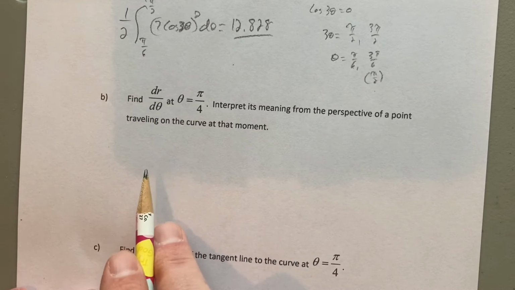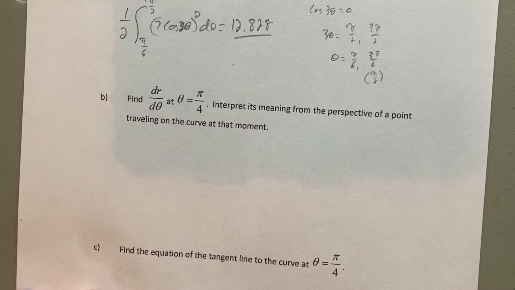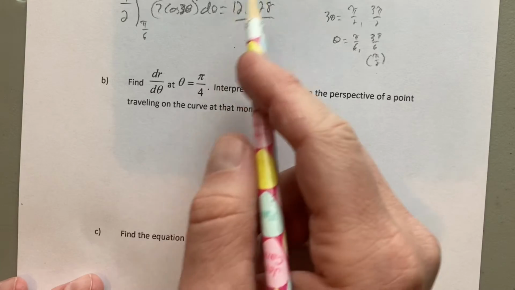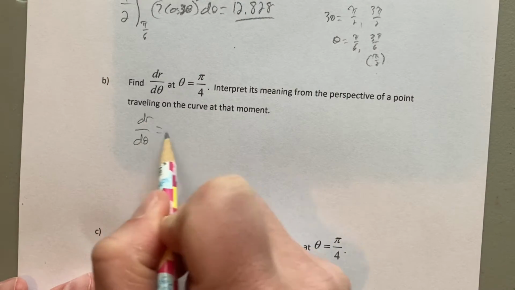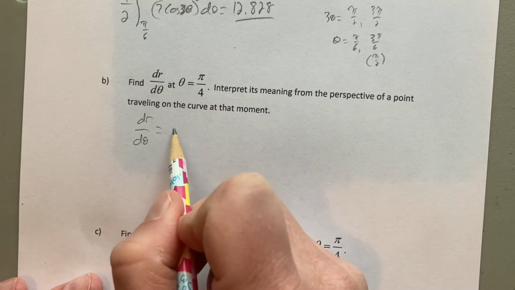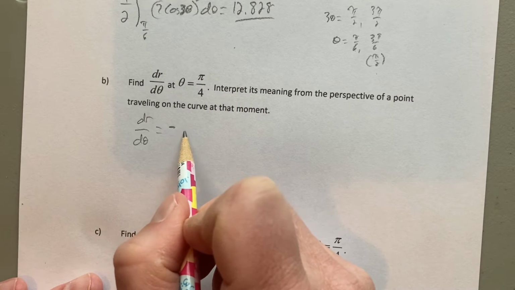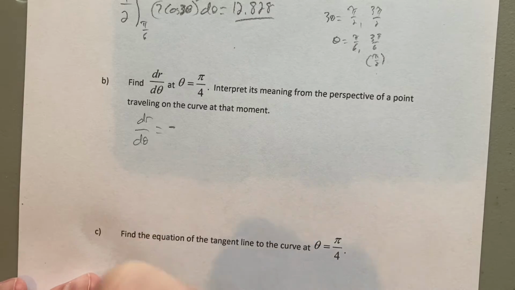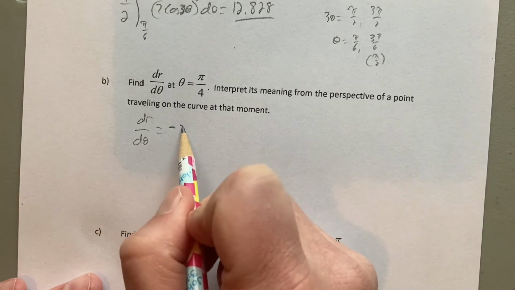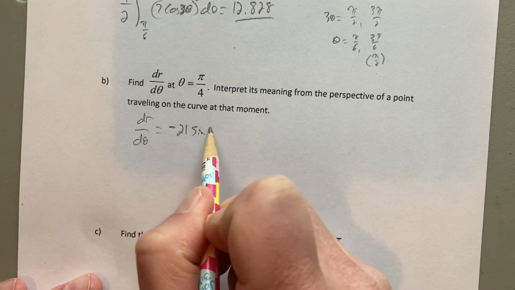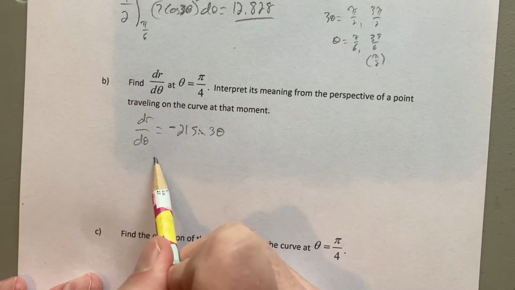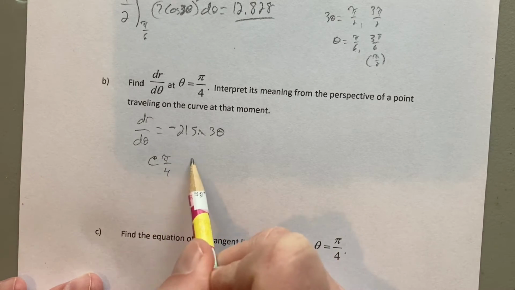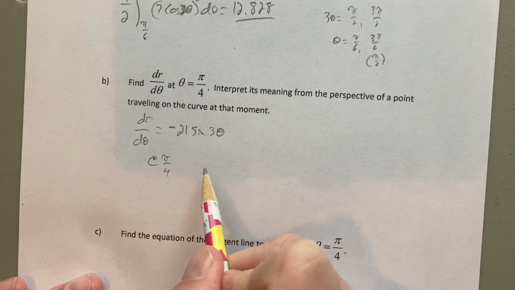Now, part B says find dr d theta at pi over 4. What does it mean? So dr d theta is just the derivative of this. So dr d theta would be 7 times the derivative of cosine. So that's a negative 7 sine 3 theta, then times 3. So really this is going to be a negative 21 sine 3 theta. Okay, that's the derivative of r with respect to theta. If I were to put in pi over 4 and calculate, I get negative